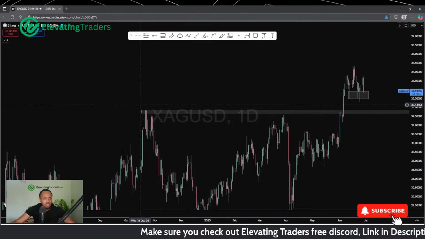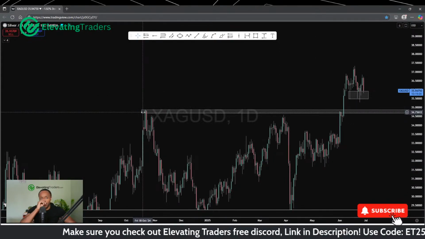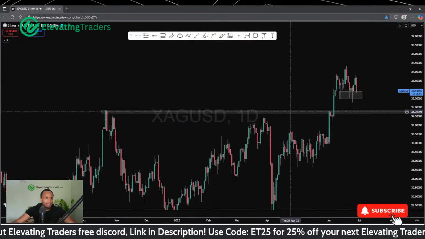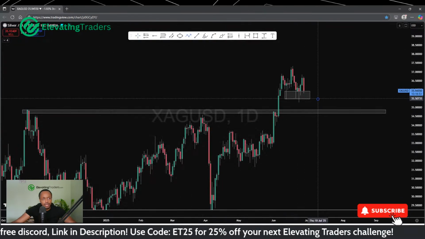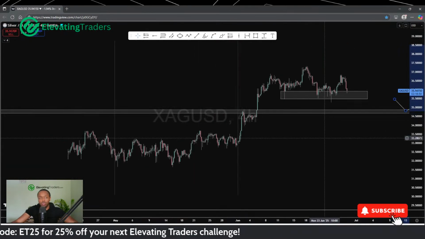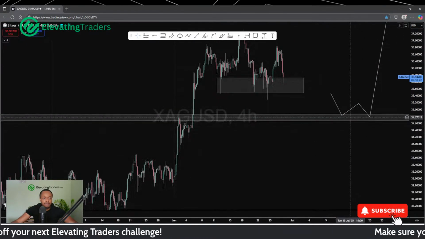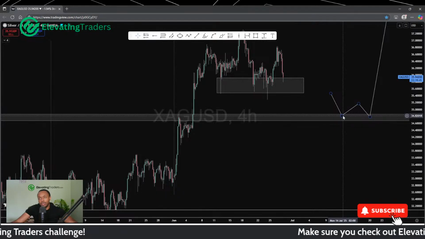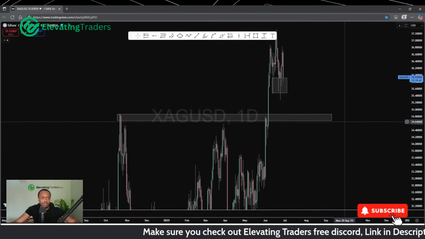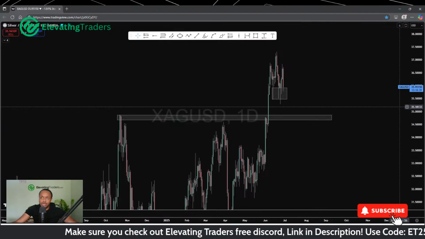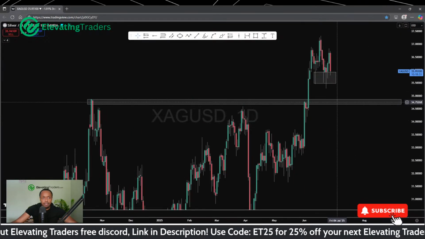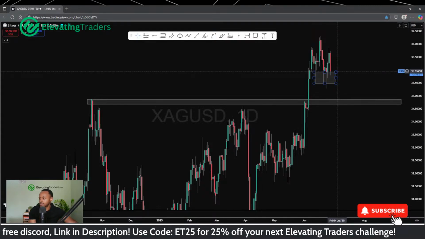My concern is just really with this big level here at 34.7. What can price do with that level? If we do respect it well, I think there's a massive move to be had. If we do break below, then I probably will just reconsider my bias with silver. I think long term we still will be bullish. Even if you do break back below, it just means that I won't be looking to buy it just yet. I'll need some more information, more development before I do find an entry. But for now, that is where my focus is to get involved.